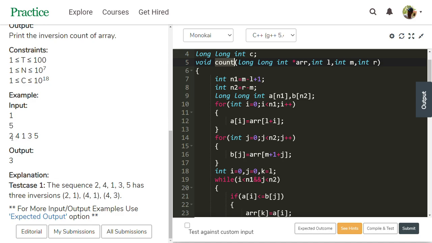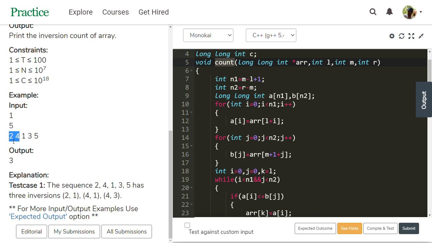Then N1 equals M minus L plus 1, that is 1 minus 0 plus 1, which is 2. So N1 is 2, and N2 is R minus M, which is 2 minus 1, so N2 is 1.